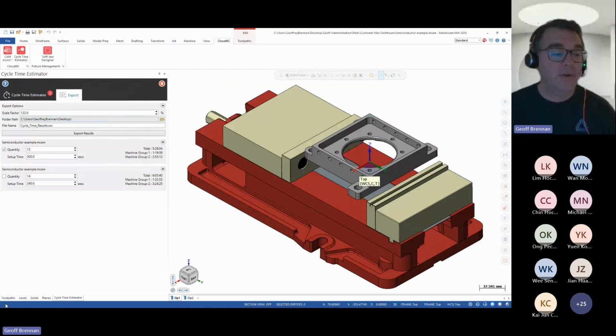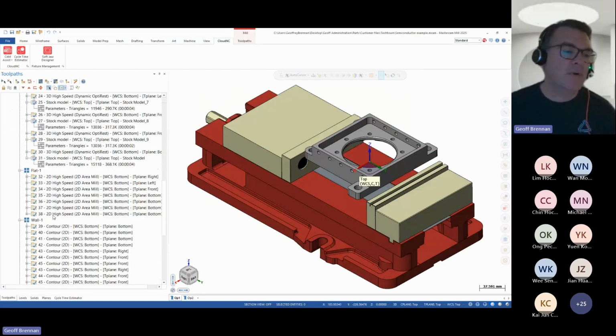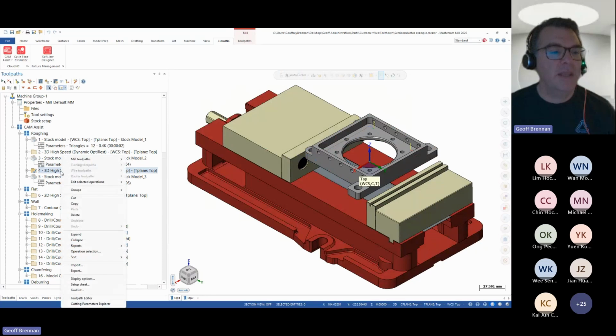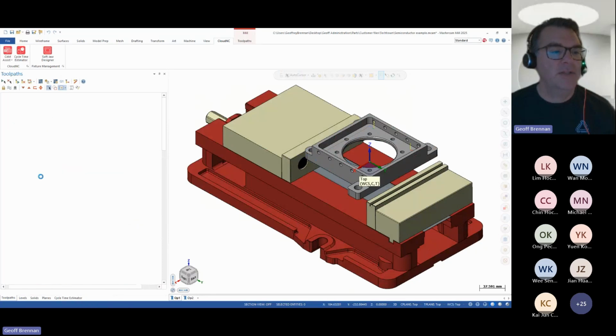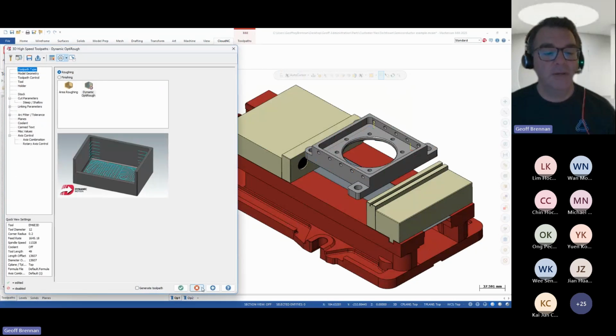So part of the benefit of doing that estimation is you can have the estimation section basically do a lot of the CAM work for you. And then let's say your customer gets the contract, and they're ready to cut the part on the machine. They've got a CAM program saved and ready to go. So we generate the toolpaths here and create these folders and structures. And then for each toolpath, even though it's created by Cam Assist, we can go in and adjust the Mastercam parameters. So if we wanted to make changes to any of these parameters, we could.